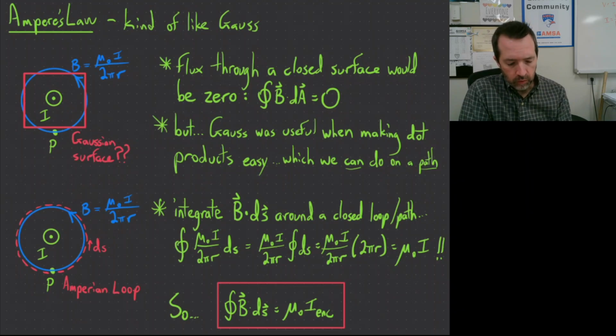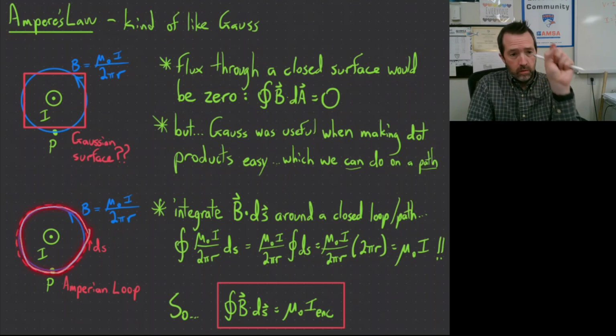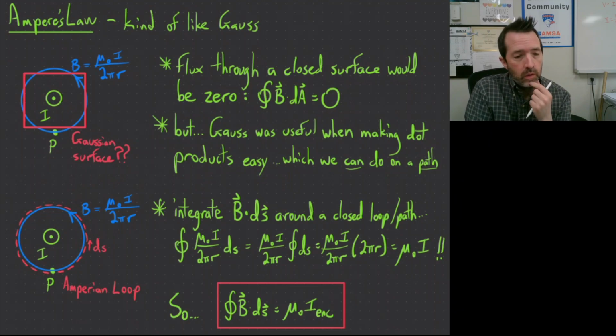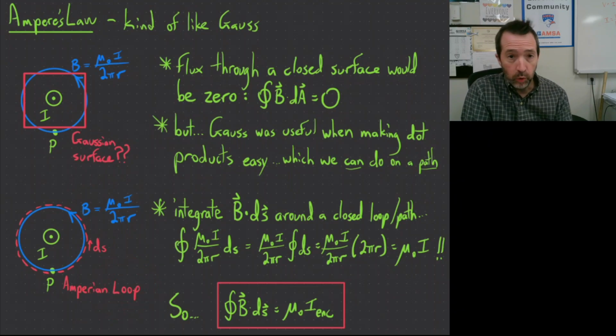So instead of making a surface, I have this path. It's not a closed three-dimensional shape. It's just making a circle. Now the path does have to be closed, and so frequently it'll be called a loop to emphasize that closed nature. But if I start at the point P and I go around in a circle, following the field line the whole time,